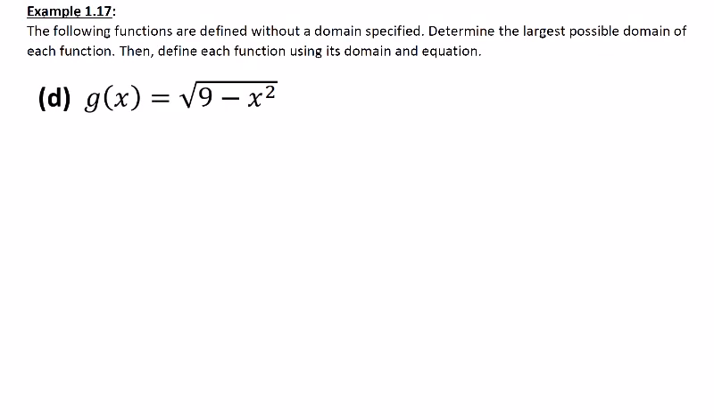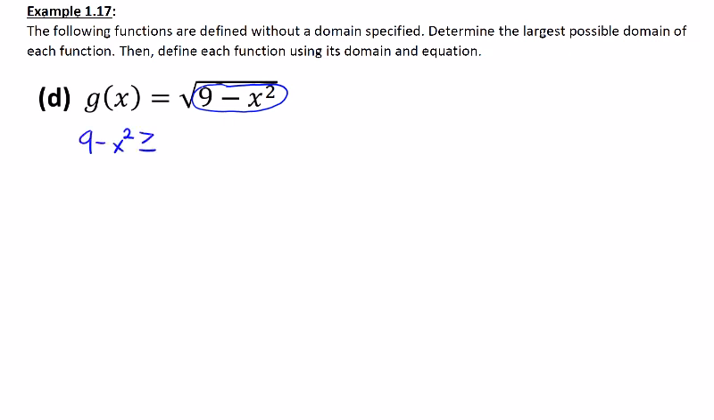In example 1.17d, we're going to see a lot of similarity to part B, where we have a radical symbol. This is a square root, and the expression 9 minus x squared is underneath that square root. And the idea here is that we never want to see anything negative appear underneath the radical. So to keep that from happening, we're going to take that expression 9 minus x squared, and we're going to